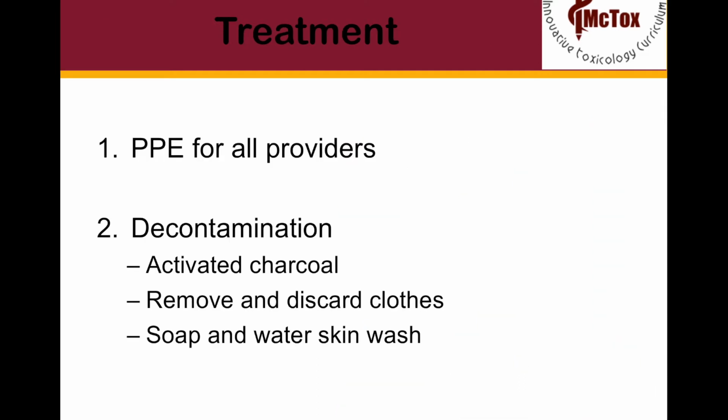One of the most important points in treating a cholinergic toxic patient is to make sure that you, your staff, and other patients in the hospital are safe and not at risk of contamination by the affected patient. This means decontamination should be considered and undertaken prior to any other measures. This may include activated charcoal for an oral ingestion, or exposing the patient and washing them with soap and water for skin contamination. All of this must happen while wearing the appropriate personal protective equipment.